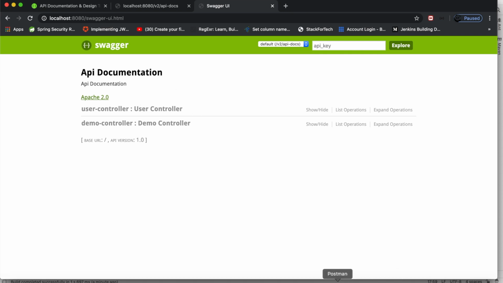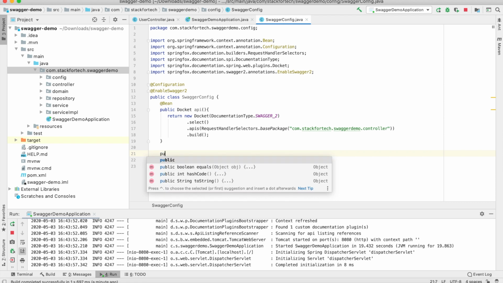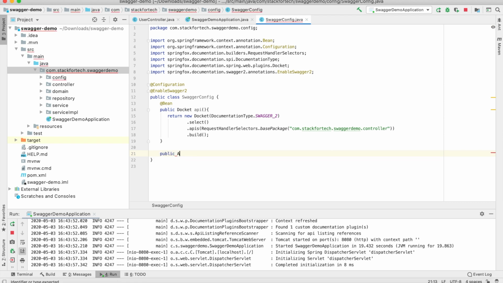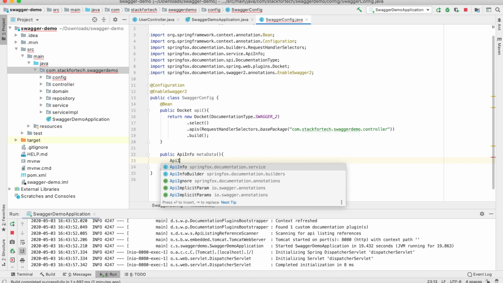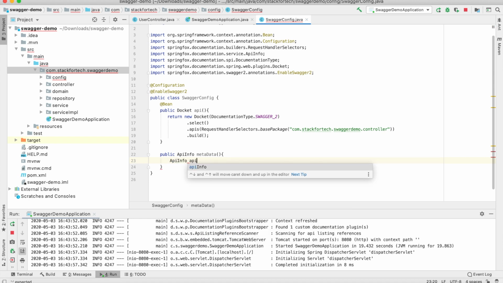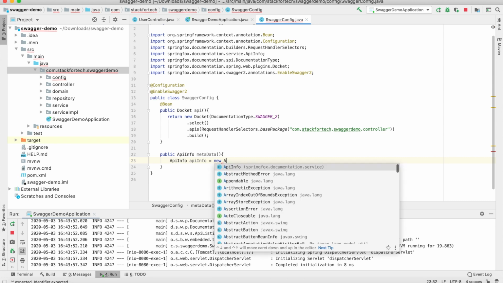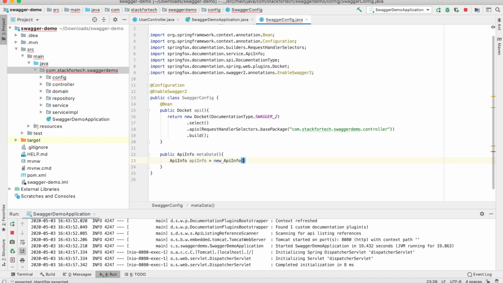So I'll go back to the application. Let me create one more function which will return an API info, and I'll give metadata as the function name. I'll create one API info object, let's say ApiInfo equals new ApiInfo.